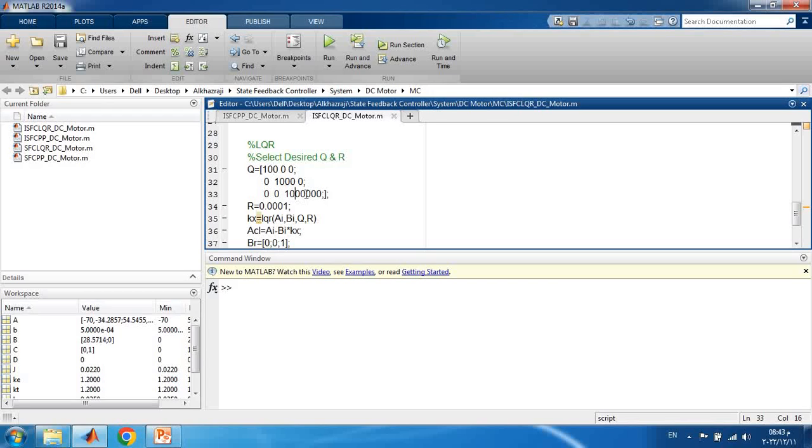Now our problem is with the integral part, because this pole is close to the origin. So we need to tell the controller to put too much weight to improve the performance of the integral, because it's closer to the origin, and we need to shift this pole far from the origin. So that's why we put too much weight on the last one. And this tells the controller, I don't care about my control law, it's cheap, I could have any control law. So based on this selection, if you just run the system up to this,